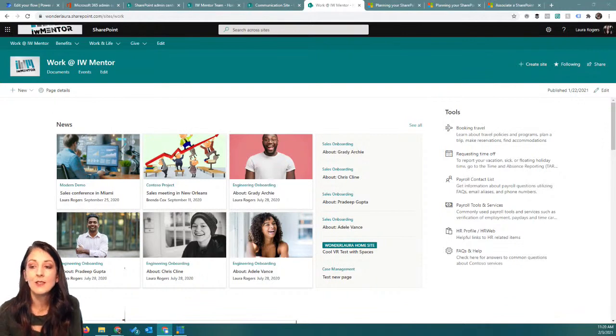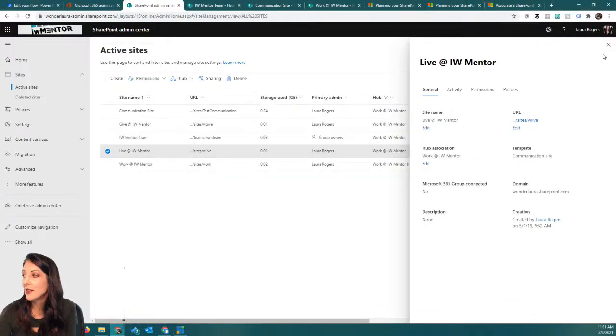Yeah, Microsoft has been talking about relating hubs to hubs since a couple of Ignites ago. I have not seen anything in the product that indicates that has been rolled out. I was reading through all the documentation, all those links that I sent you in the chat, and there's nothing in there that says that you can associate a hub to a hub, because when you go in here